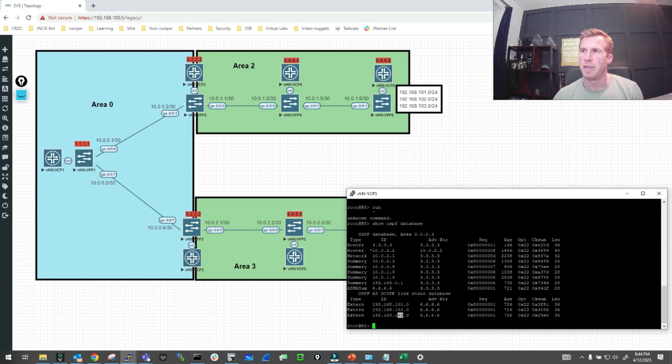Here, the advertising router is again R6, and coming back to what we saw in R1, R3 doesn't know of its existence. So that ABR R3 is then saying, well, if you want to get to R6, you've got to come through me. Okay? So again, the type 4 LSA is really complementing that type 5 LSA. Without that type 4 LSA, this simply would not work, because the routers here would not know where to send